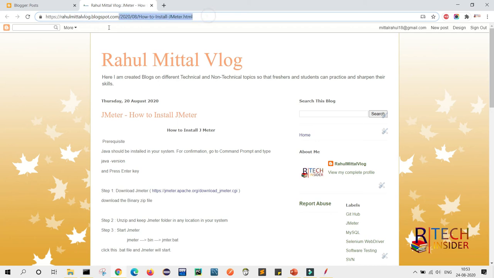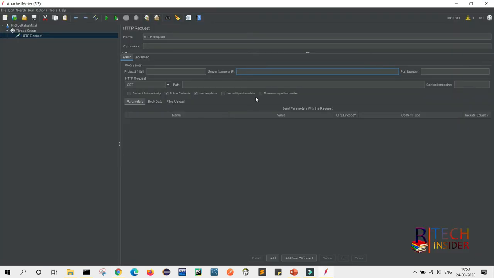First I will copy the entire URL, and I will paste it here. But the complete URL is not required here. First, we don't want https://.